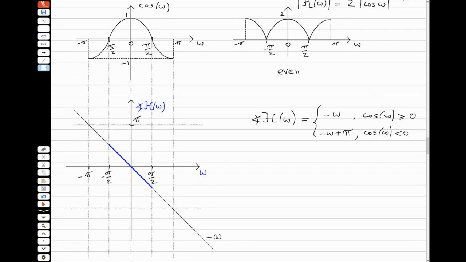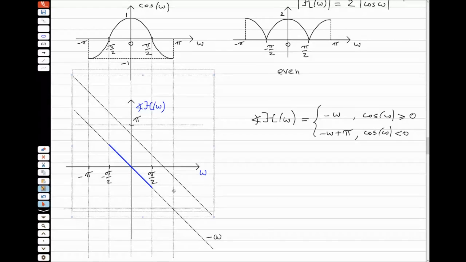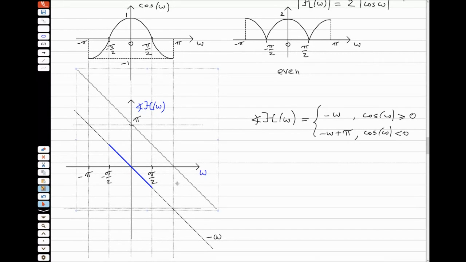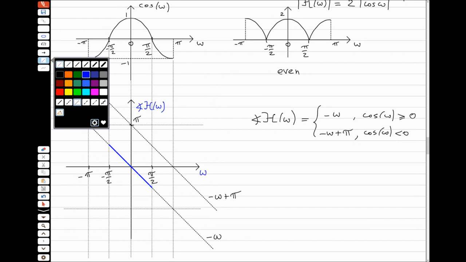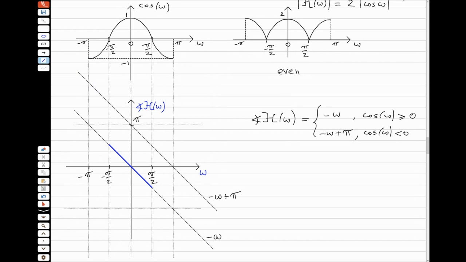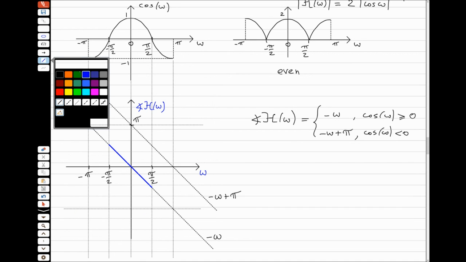So minus omega plus pi is this curve shifted by pi. Minus omega plus pi. All right, so the result is going to be